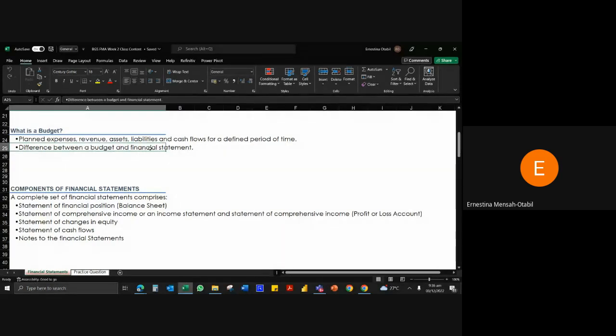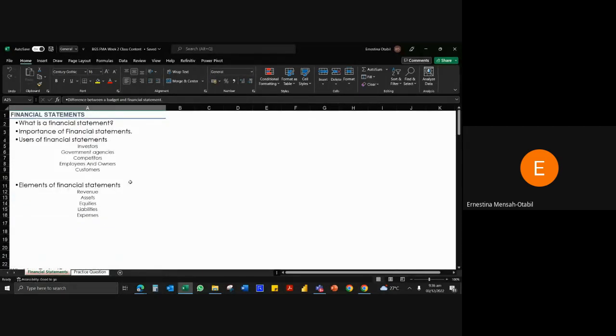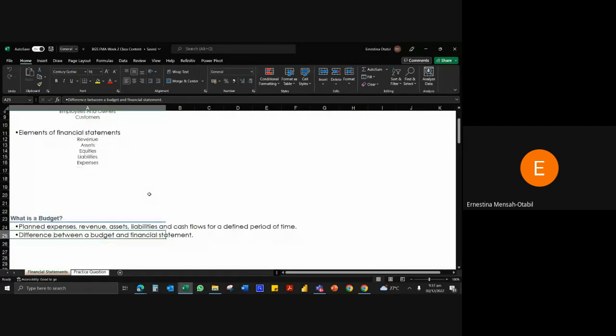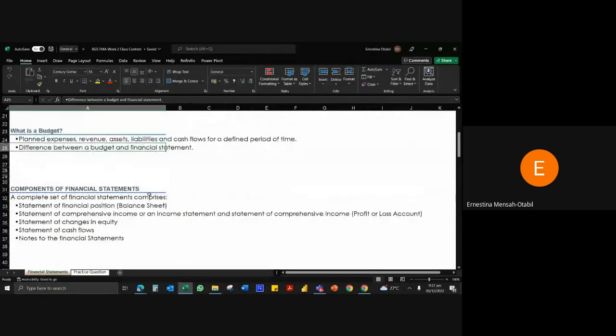So what then is the difference between a budget and a financial statement? You should know that a financial statement records past performance. A financial statement is used to record past performance, and then a budget is actually used to record future performance, or the future forecast of a business. Those are the underlying differences. Aside from that, the format for a financial statement is actually the same as the format for a budget. And then we'll move to the components of